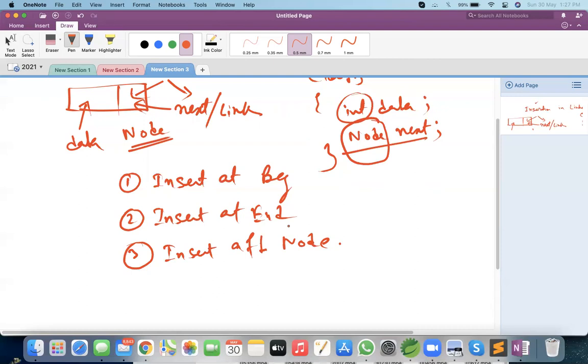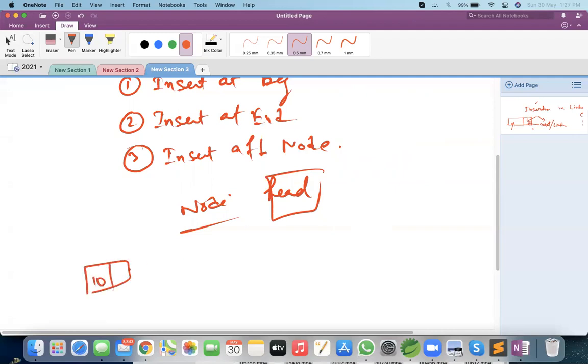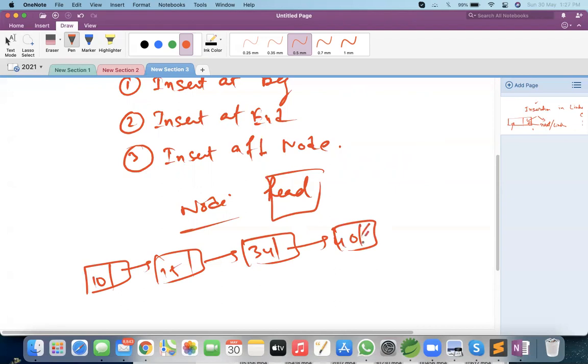Now, whenever we do a linked list operation in our class, there will be a pointer called head. What is head? Head is a pointer which is of type Node and obviously will point to the first node in our linked list. As I said last class, it is not a contiguous memory allocation, it is non-contiguous. So let's assume your linked list contains the values 10, 15, 34, 40, and this is null.